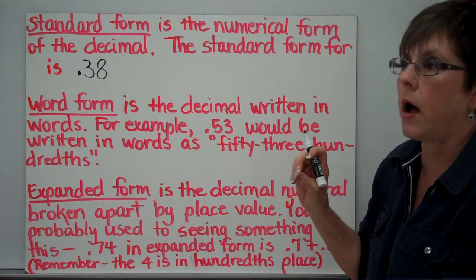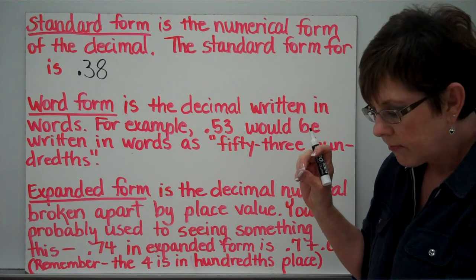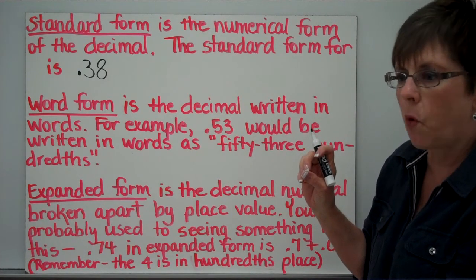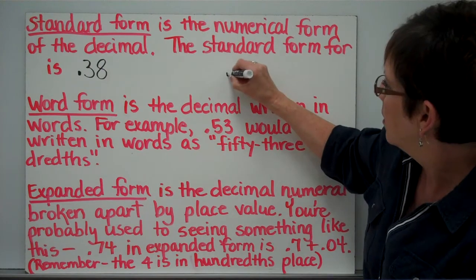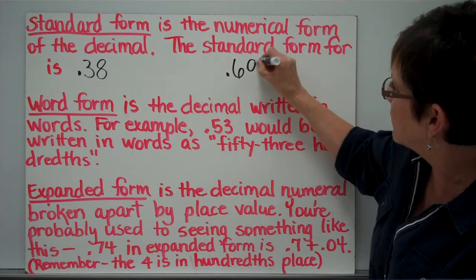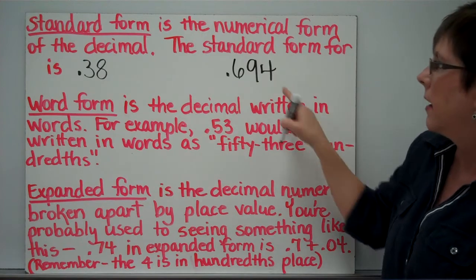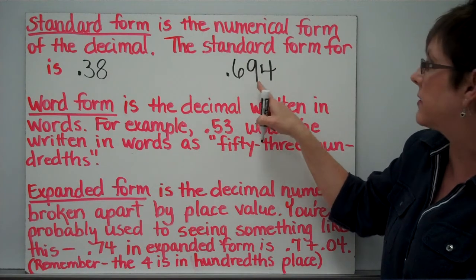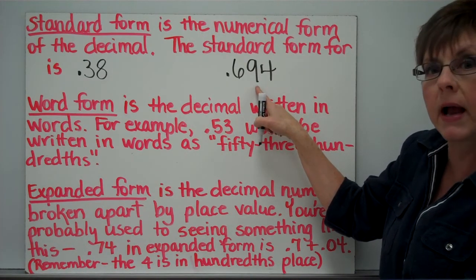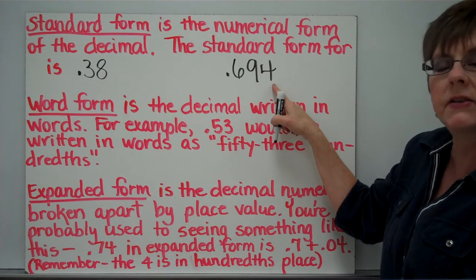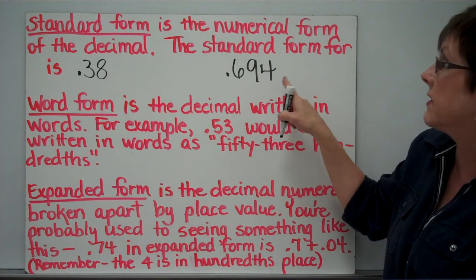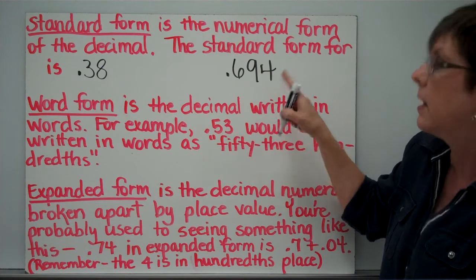What if it was 694 thousandths? We would write it as decimal point 694, like this. The 6 is in the tenths, the 9 is in the hundredths, and then the 4 is in the farthest place to the right. And since that's the thousandths place, we call it